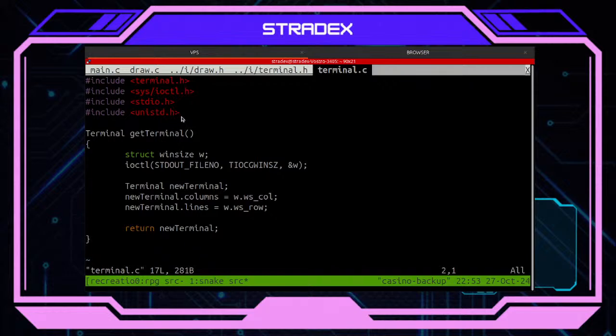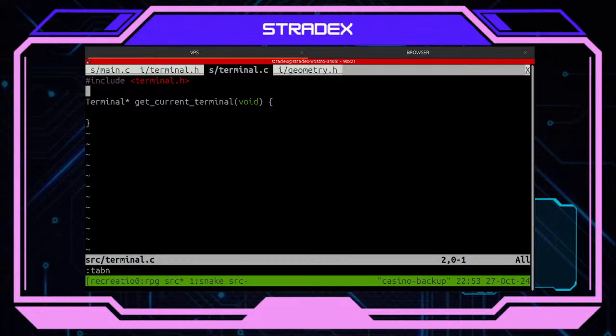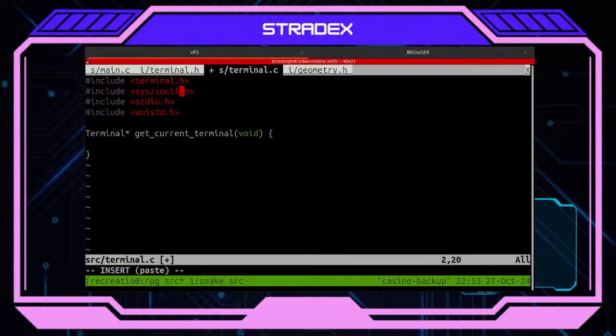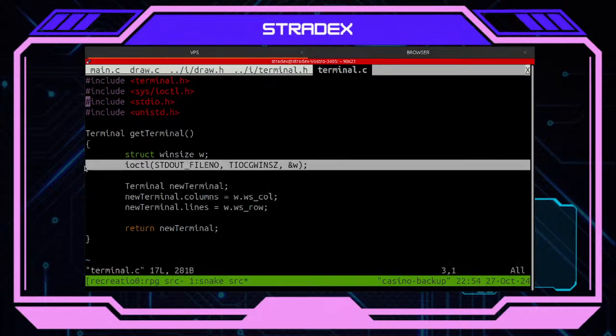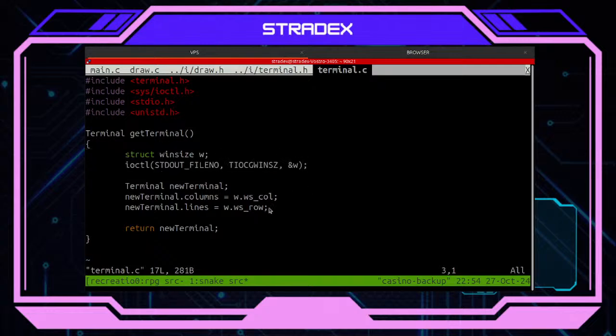Let's include all of this. And let's include this too, because this is exactly what I want. Well, actually, this is what I want actually.